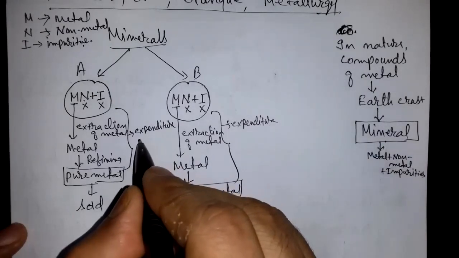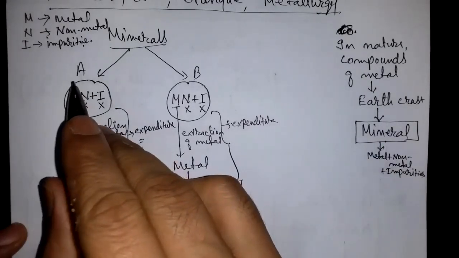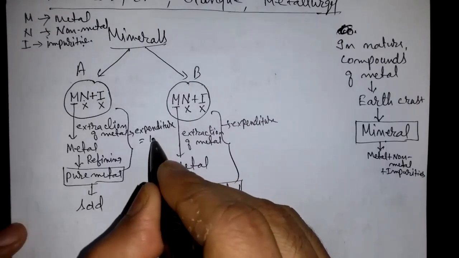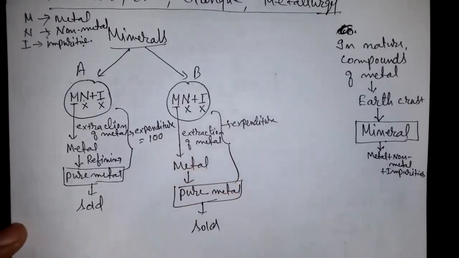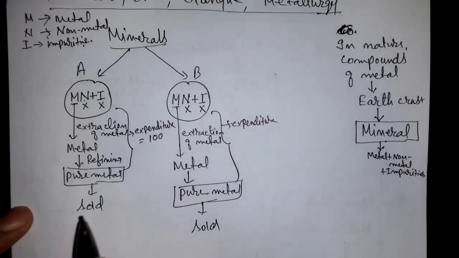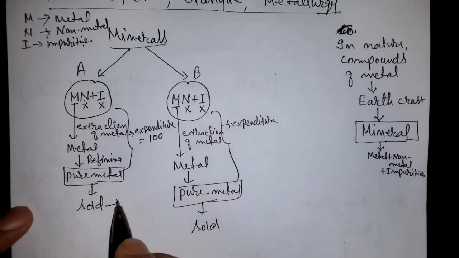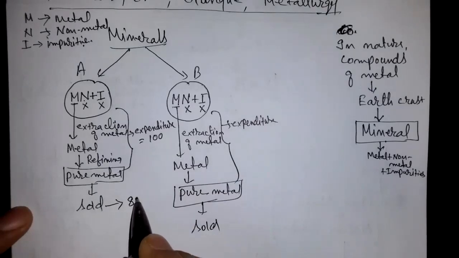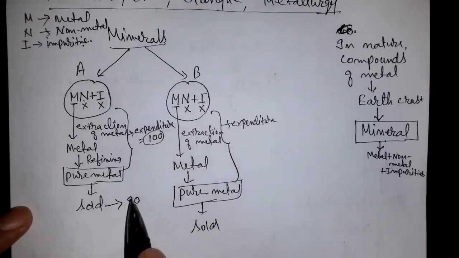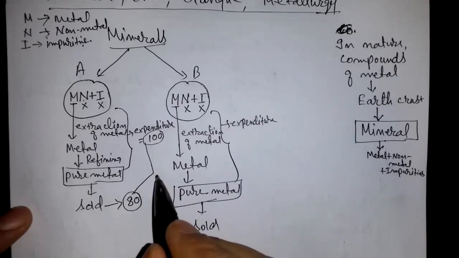Okay, suppose here in this case for mineral A, suppose expenditure is 100 rupees. This is a wrong figure. In a factory, this will be 100 crores like this. But just for simplicity, I'm just writing 100 rupees. And after selling, you are getting, say, for example, 80 only. Then if you compare your expenditure and how much money you are getting after selling, you'll find there is a clear loss.